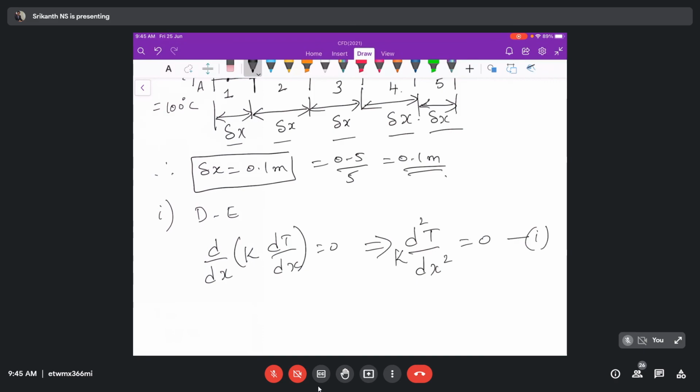From there, how to do the volume integration and how to find all the other properties, we will try to understand in the next class. Tomorrow is Saturday, right? So tomorrow in the same class, at 10 o'clock, I will take the class, so we can solve this problem.